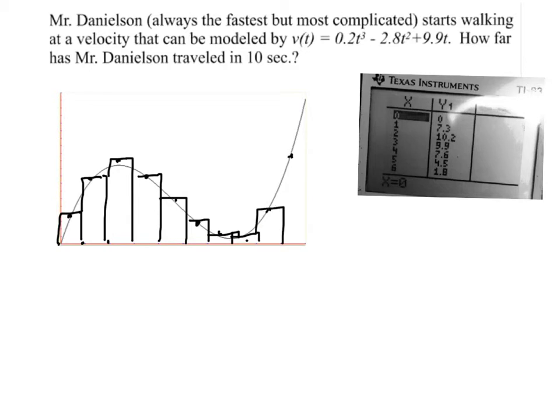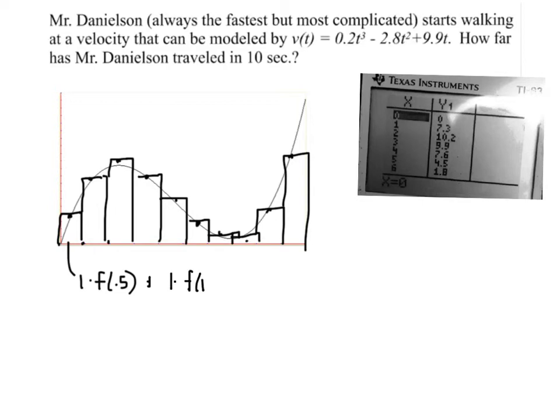Now hopefully you look at this and you say, well, I can see why that would be the best estimate. There's no question that, compared to the left and right hand sum, your overestimate, underestimate is going to be better. And again, your width is still going to be 1, but how will you get the height? Well, you'll actually have to plug 0.5 in. And it'd be just as easy as going to your table. I made this table with my calculator. You could certainly just go to your table and change it to start at 0.5. So 0.5, 1.5, 2.5, and it gave you all of those. I'm not going to do that right now, but